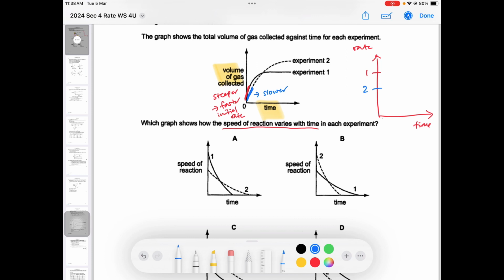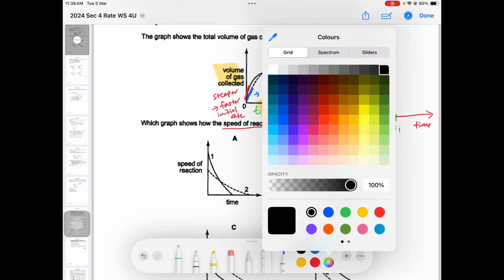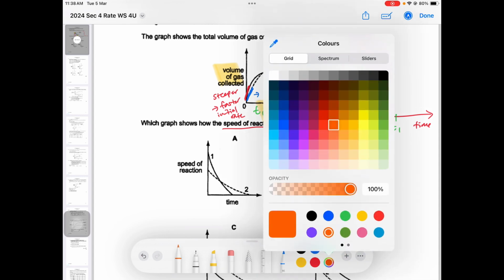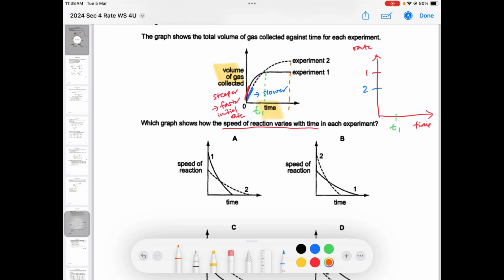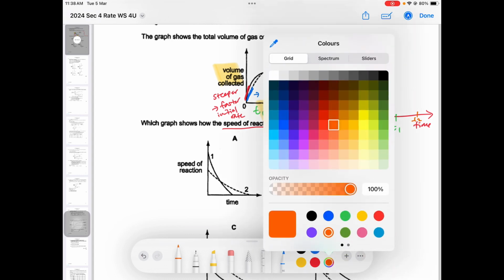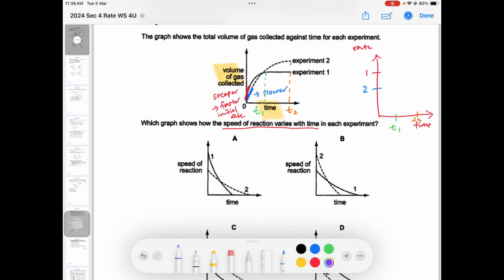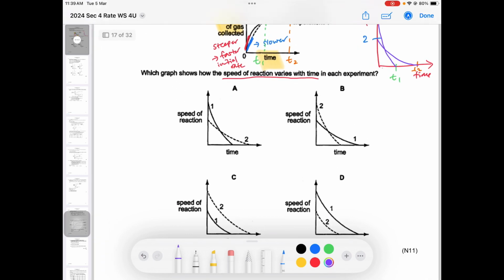Now time taken. Experiment 1 took a shorter time, whereas experiment number 2 took a longer time. So after you have marked out the timings and the rates, then you will draw the curve to join the points together like this. So your rate time graph should look something like that. Then you choose the correct answer, which is